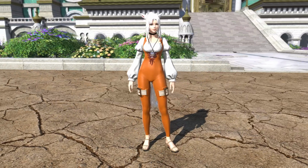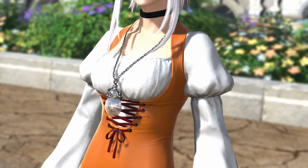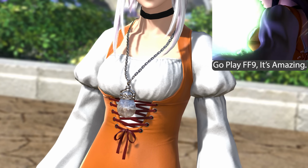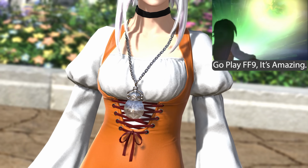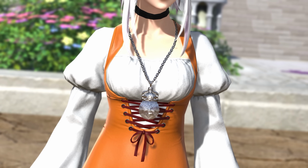Here it is without the gloves and boots on, just to give you an idea of where those cuffs and ankles cut off, and there's the gemstone. So it's a real shame that we don't have Aiko's costume as well, because if you put those two gems together, fantastic things would happen indeed. Very nicely detailed though, I think you'll agree, and I really love the texture up close and personal on that